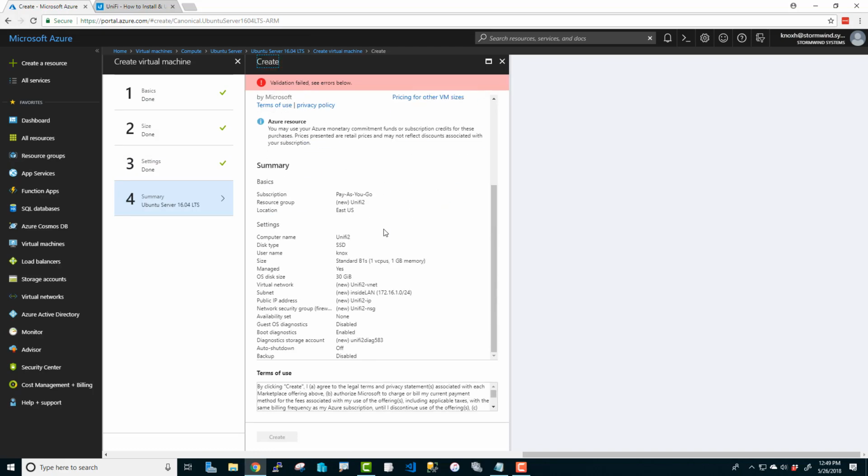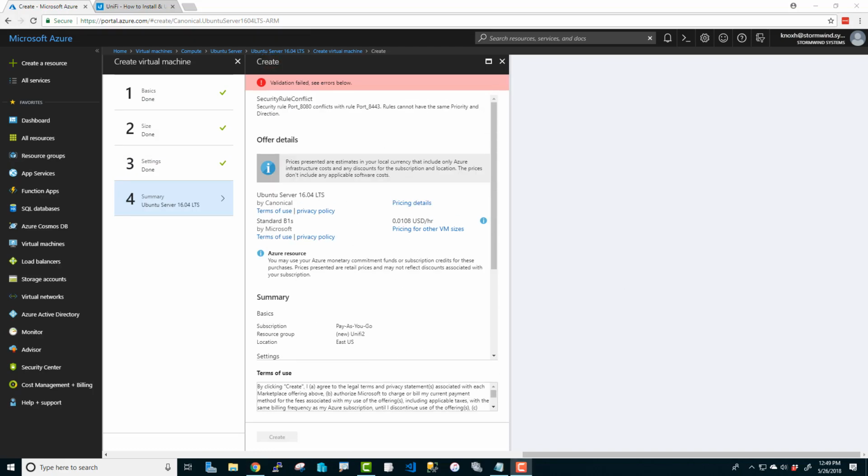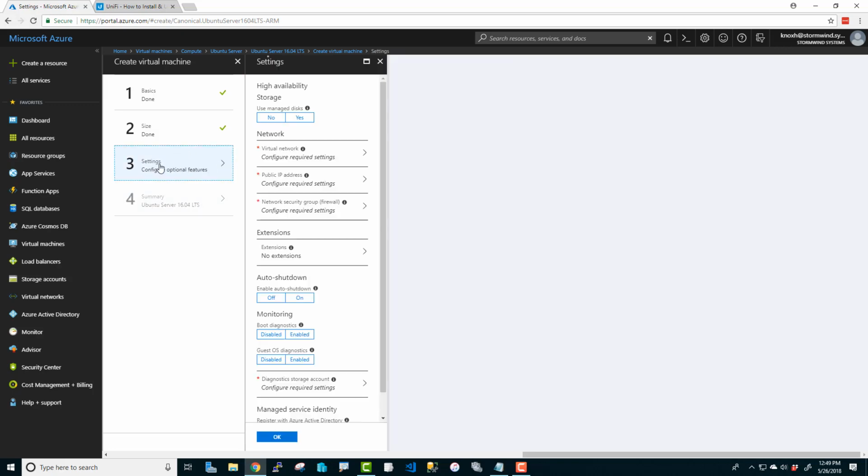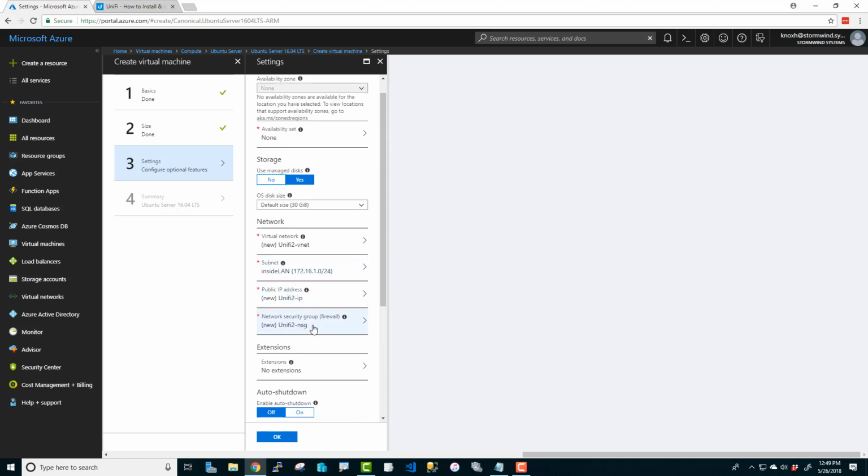We got errors. Of course, I missed a very, very important thing here, and that is the priority of my port rules on that network security group. It's telling me right up front, but what an important detail for me to just overlook. Let's go back here, and let's get back to that network security group,